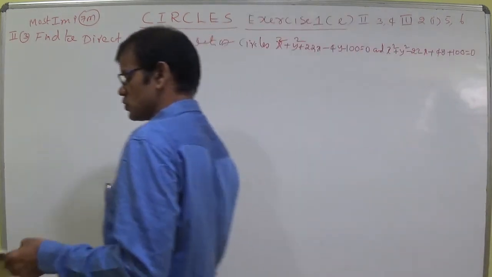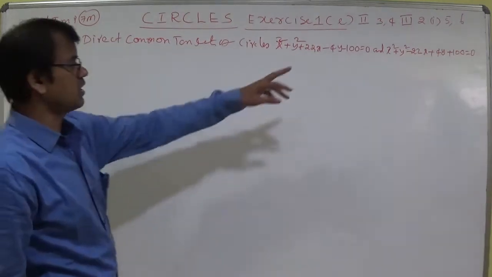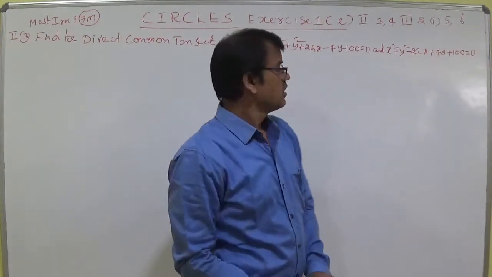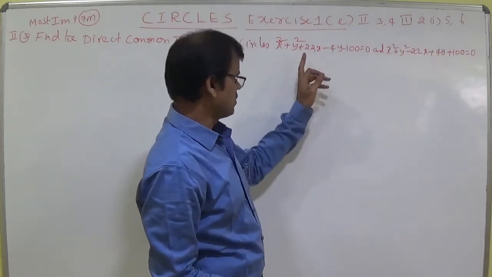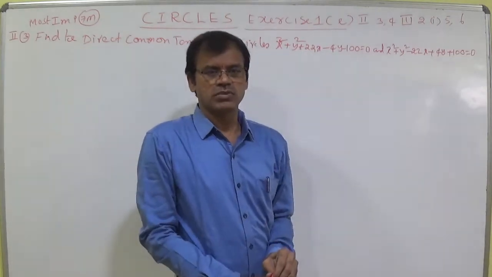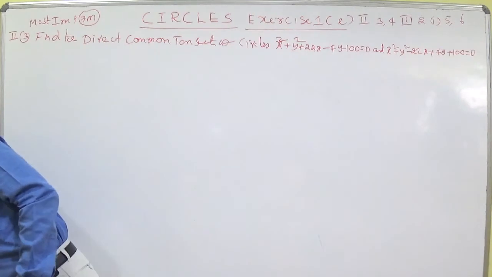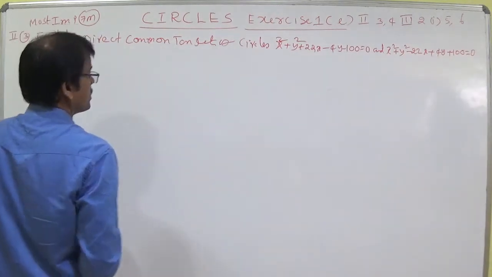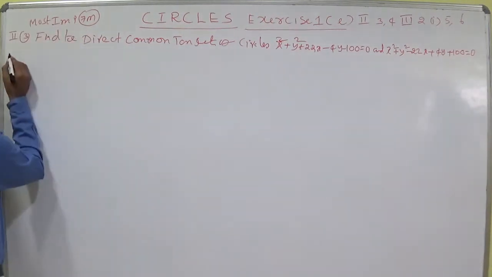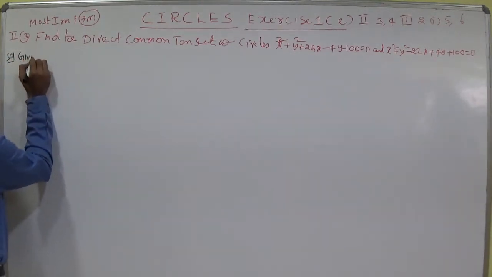Some students used to remember this sum as 100 sum because constant 100 here and constant 100 here, and the letters are same, numbers are same, 22, 22, 4, 4, just symbols only changed. This is the most important question for IPE. Now let us discuss about the solution. Let us write given circles.